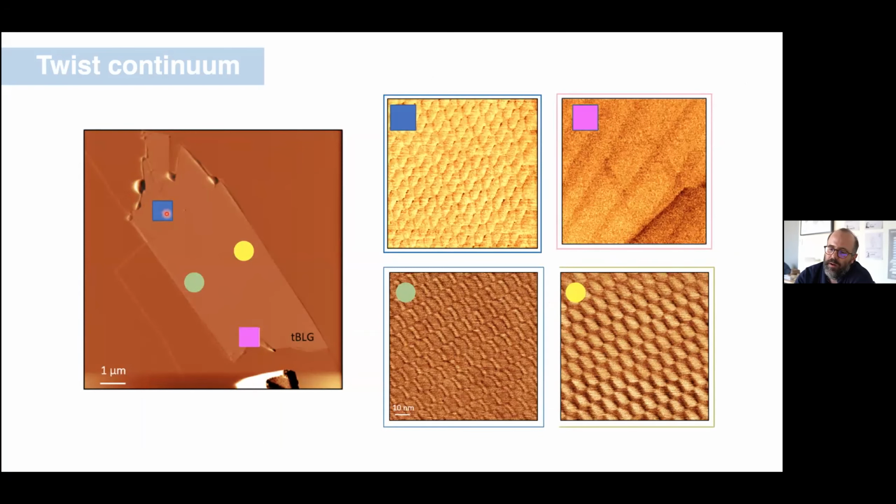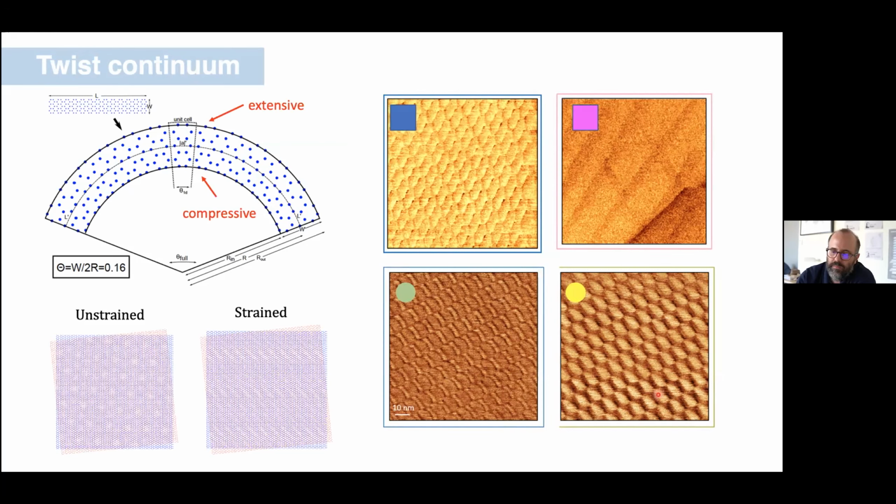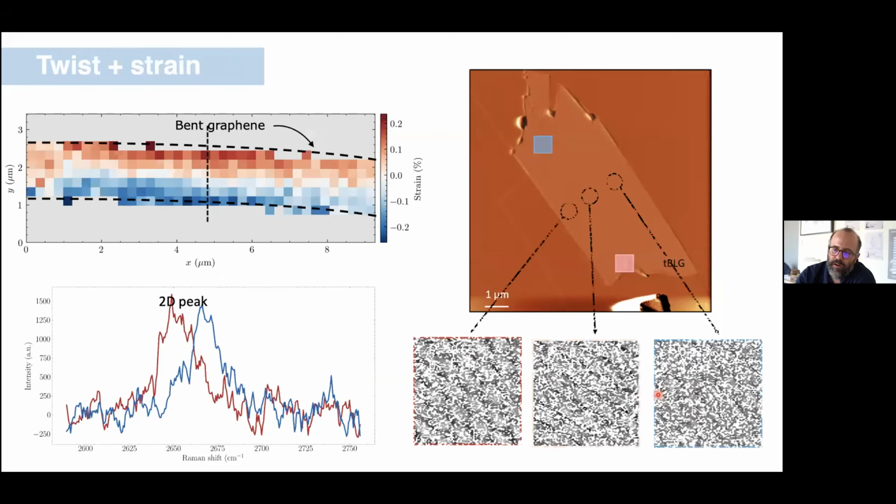So in a sense, we imagine that along the bent beam, we have basically varying angle, but at some height across, it's fixed strain. Or if I cut across here, I'm at some fixed angle, but varying strain. And through careful analysis of this problem, you can calculate how you expect the strain to evolve in a simple way. And it turns out that our strain appears to be doing that.